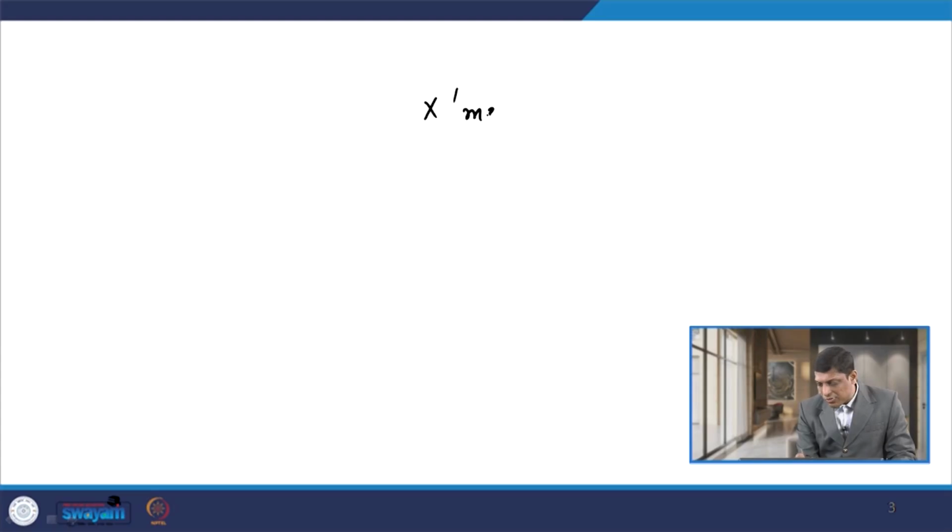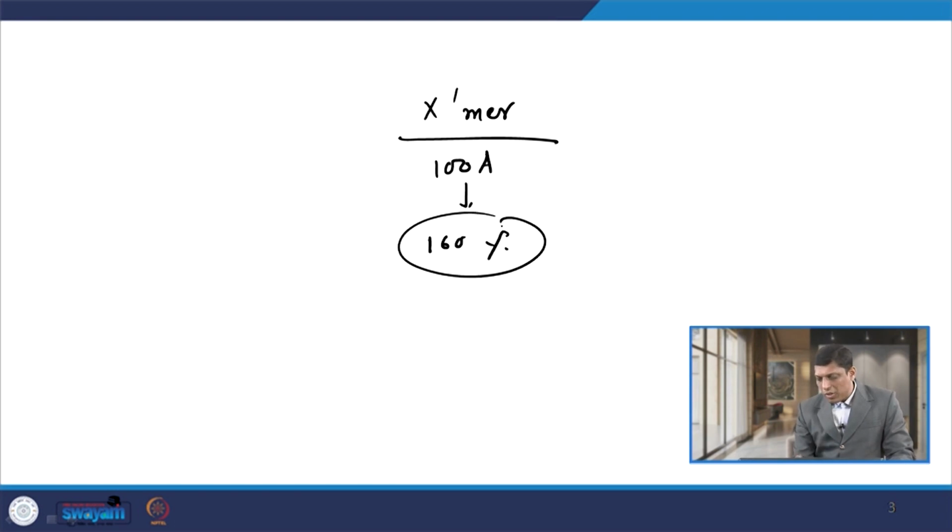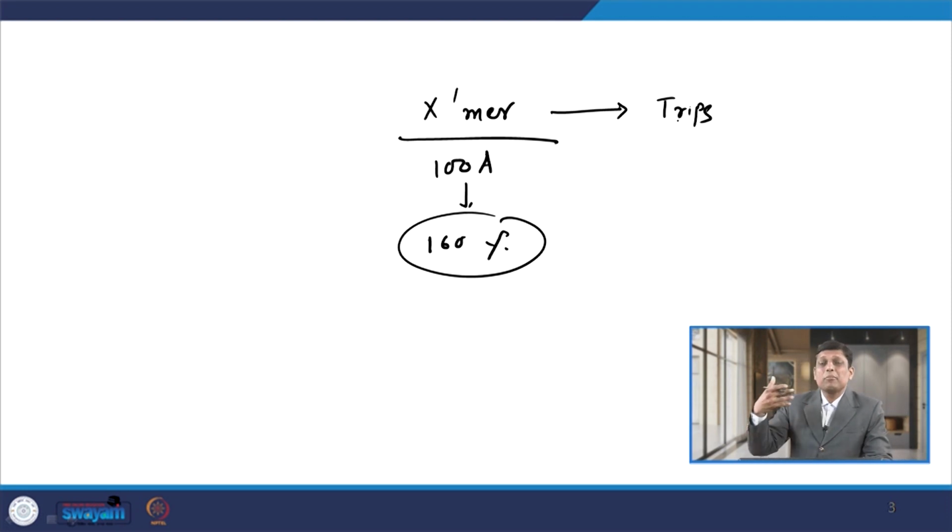So, what will happen if the resetting time of this equipment is very long? Suppose I am using the same transformer whose rated current is 100 ampere, and let us say the overloading on this transformer is 160%. Because of this overloading, we have put in the thermal relay. The thermal relay detects this overload and the transformer trips, so the transformer is disconnected from the circuit. Now, this transformer is a hot transformer.